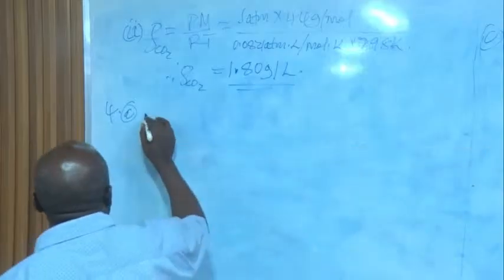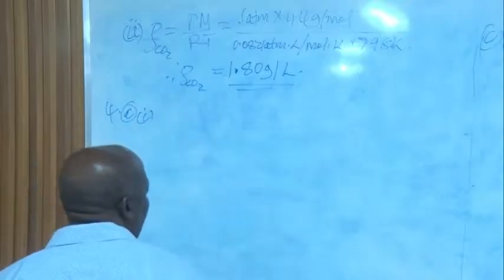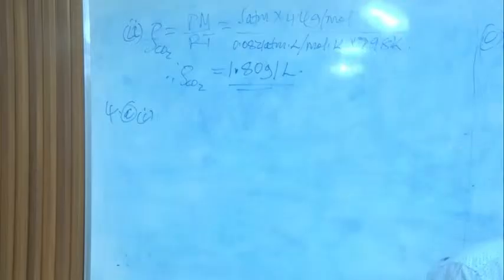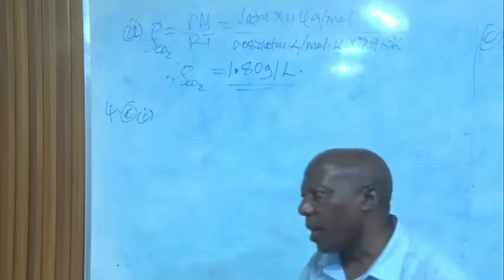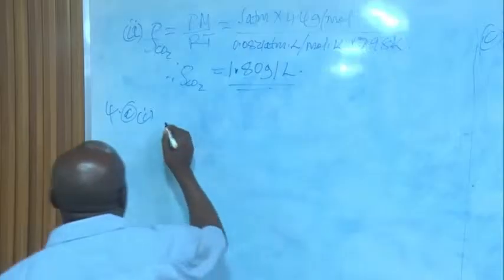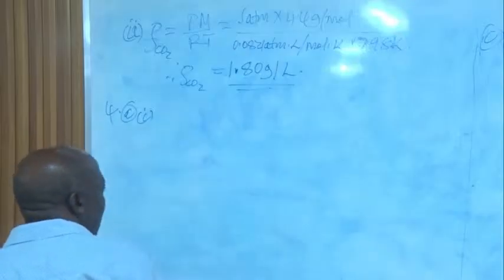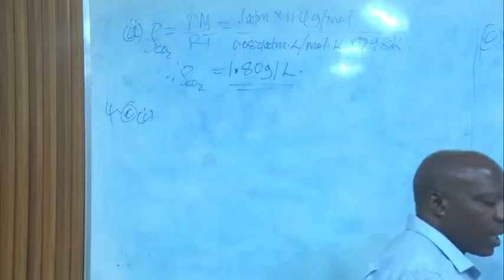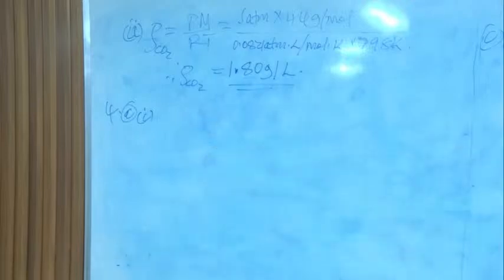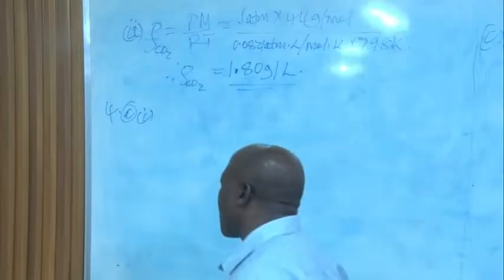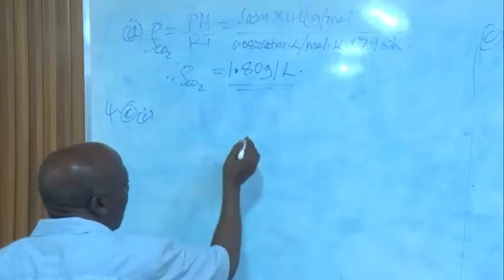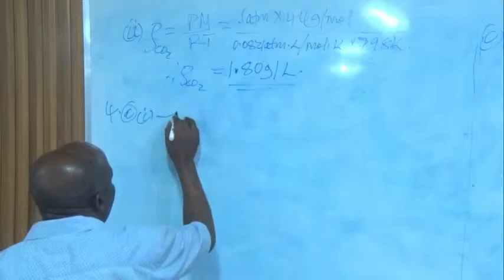Now the question for A Roman 1 says to explain how vapor pressure lowering affects cooking processes. Now if we lower the vapor pressure, it means that the boiling point will be elevated. Now if the boiling point will increase or raise, it means that the cooking process will be fast. So we say that lowering of vapor pressure then elevates